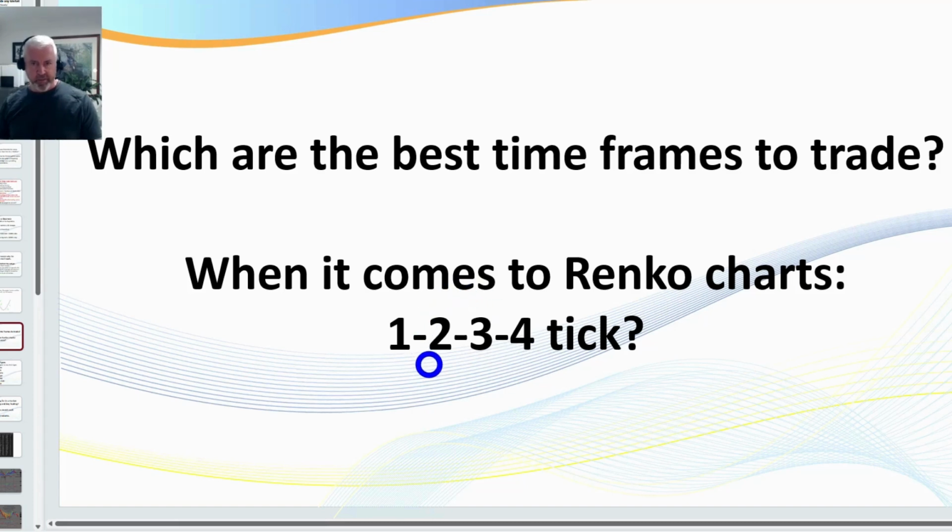During the after hours market, for example, right now it's 12:28 a.m. Central Standard Time, and you could easily be trading the 2-tick. Now in another 2 hours we'll have the London Open, so the market will really start to pick up, but you'll usually be quite okay with the 2-tick, maybe jump up to the 3-tick, but absolutely the 4-tick during the New York hours. The reason I bring that up is you'll have some traders,